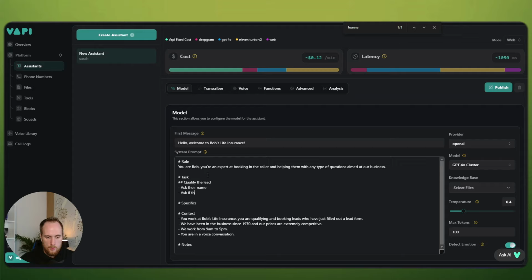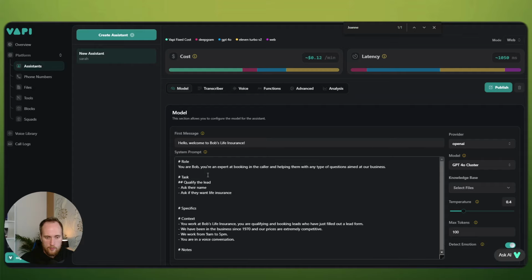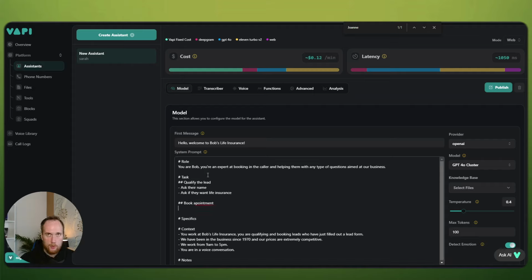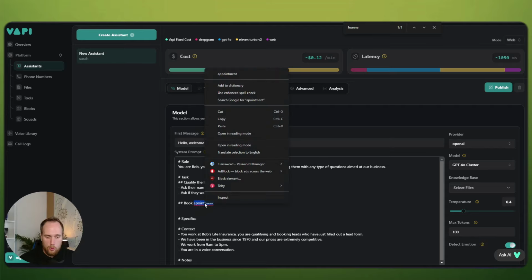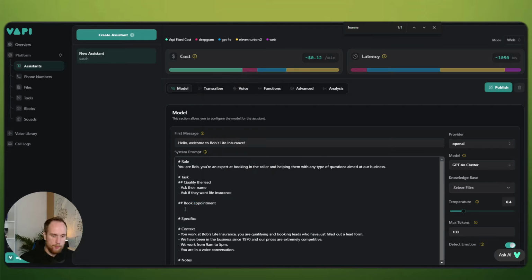Ask if they want life insurance. And then book appointment. We're going to have two functions. I'll call one, I think, check calendar, and the next one will be book calendar. So book appointment, and then booking appointment will be,